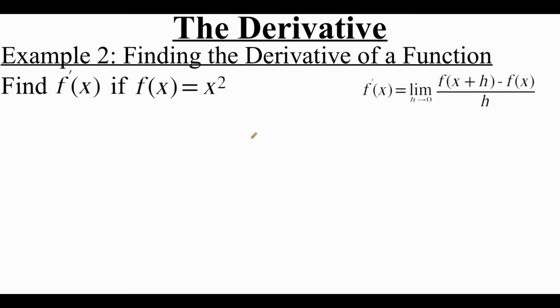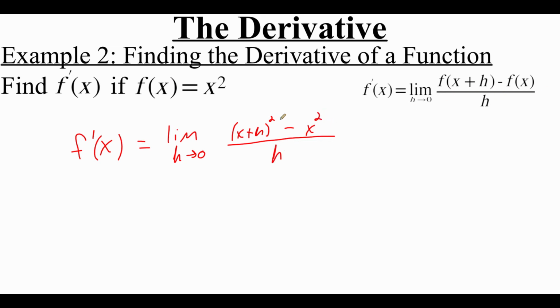So in this example, we're going to look at finding the derivative of the function f of x equals x squared. So I've got our derivative definition written over there to remind us what we're supposed to do. So if I want to find f prime of x, what I'm supposed to do is take the limit as h is approaching 0. Now this f of x plus h means in our function we're getting rid of the x and we're replacing it with x plus h. So this first part is going to say x plus h squared minus, I'm supposed to do my function f of x, but I know that my f of x function is just x squared, and then this is all